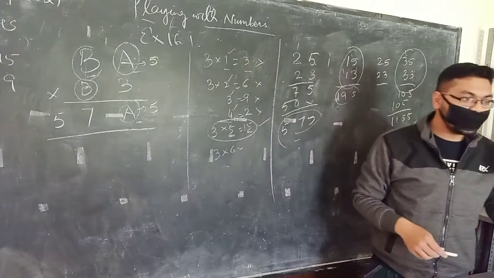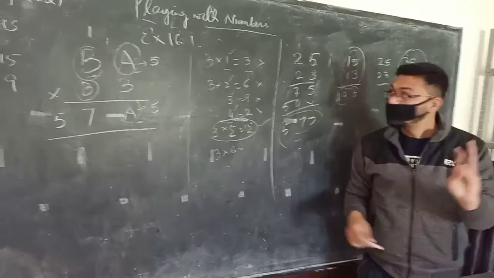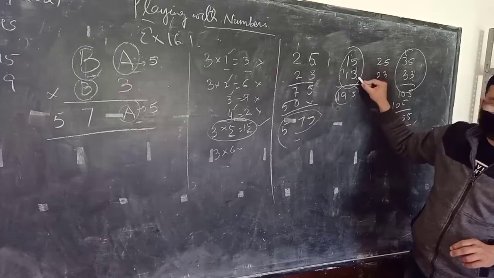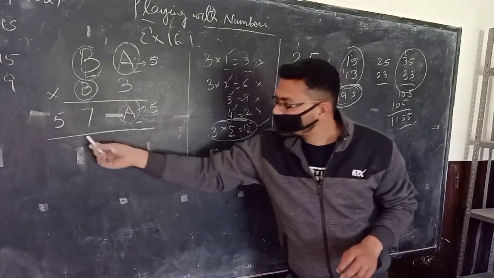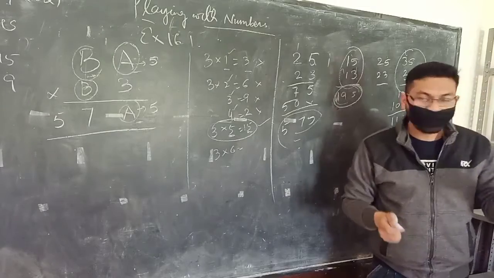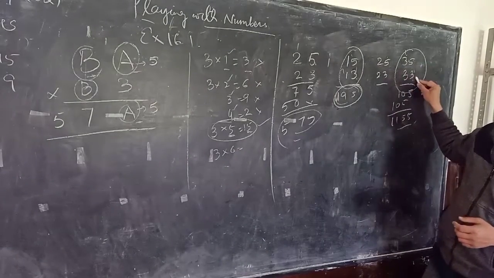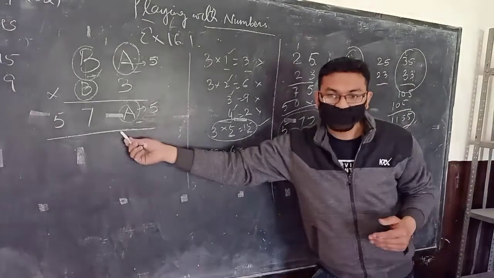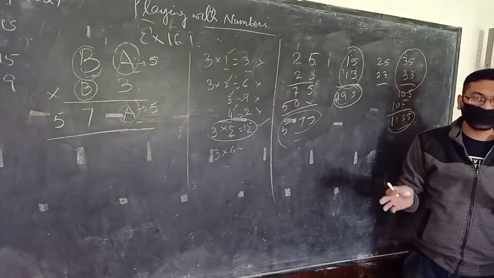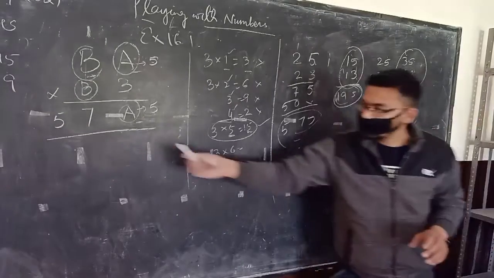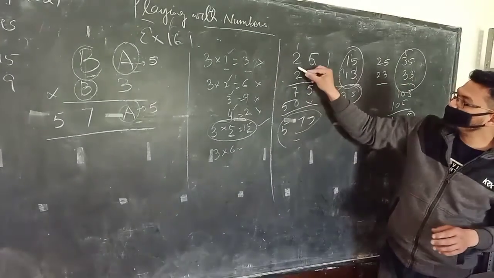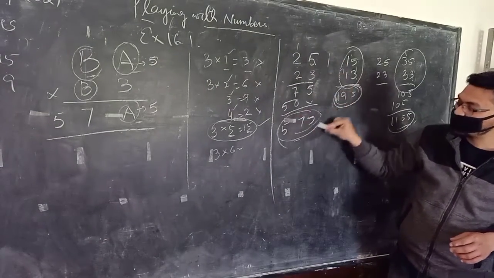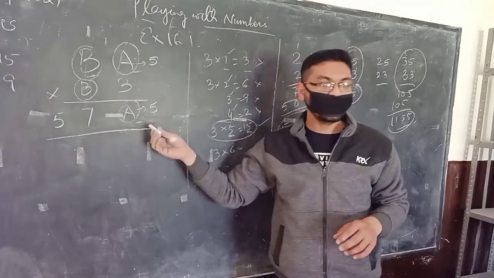It can be either 1 1, it can be 2 2, it can be 3 3. So you can just simply try 1 1. I mean 15 into 13. When you multiply these two values, you will get 195, which is very much lesser than 575, right? Now you just try 35 into 33. When you multiply these two values, you will get 1155, which is very much greater than 575, right? So in both these cases, you will not get the desired answer, which is 575. So in this case, you just put B is equal to 2. When you multiply 25 into 23, you will get the exact answer, the desired answer, which is 575.